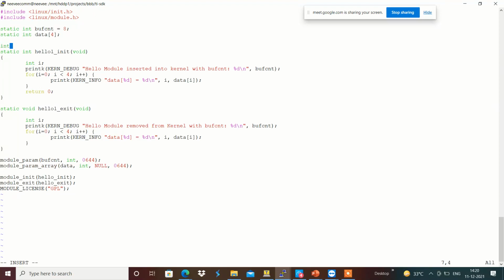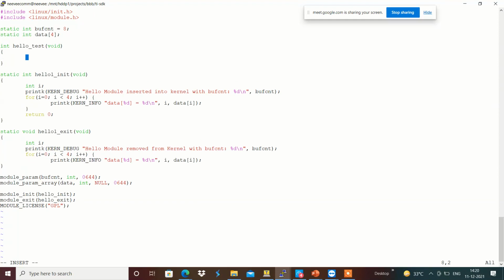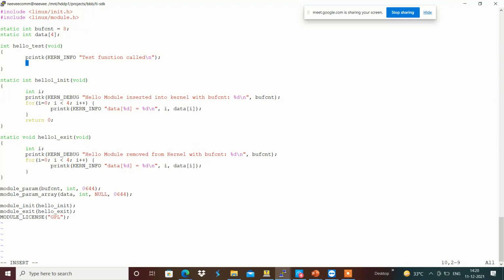I'm having a function called hello_test in one module, in which I'm going to use printk KERN_INFO "test function called" and return 0.